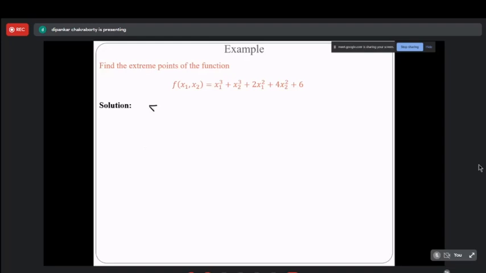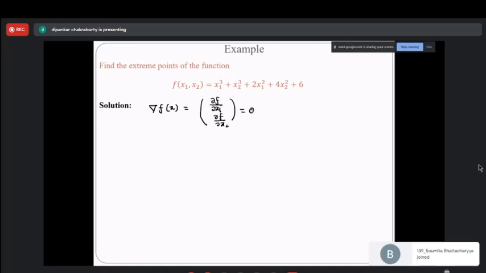we are going to find out the gradient of f(x). I hope you can remember what the gradient of f(x) is, as two variables are here. So we are going to calculate del f del x1, right? And del f del x2. And we are going to make this equal to 0. That means del f del x1 equal to 0, del f del x2 equal to 0. And we are going to solve these two equations to find the values of x1 star and x2 star, which will be our extreme points.